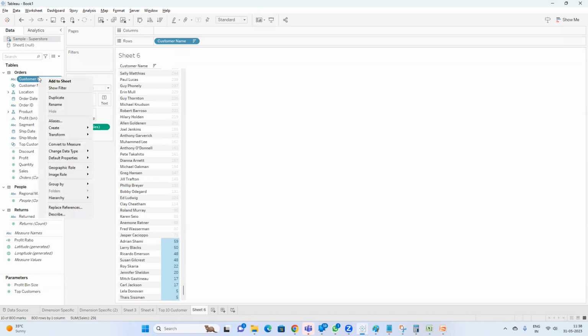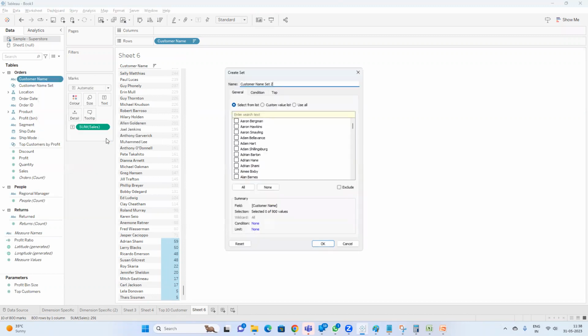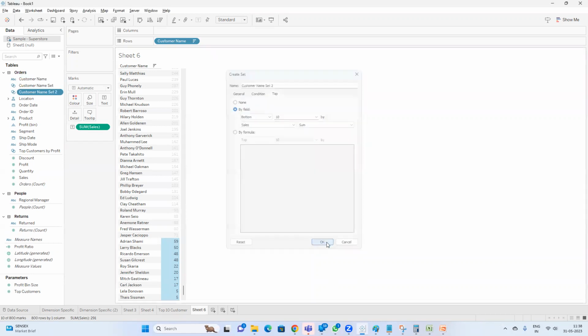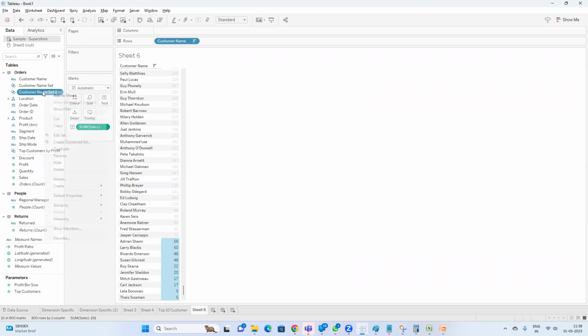Right click on the dimension, go to create, click on set and go to top and click on by field, and here click on bottom and 10, mention 10 as your bottom 10 and calculate based on sum of sales. Say okay. And rename this set to bottom set